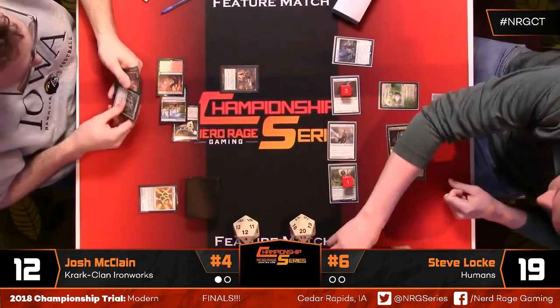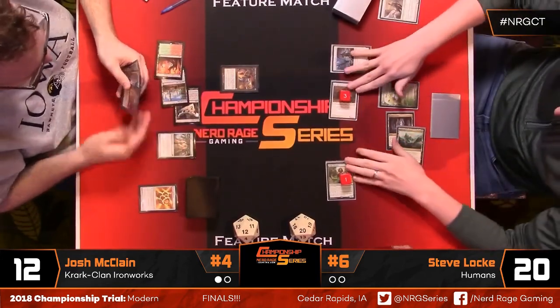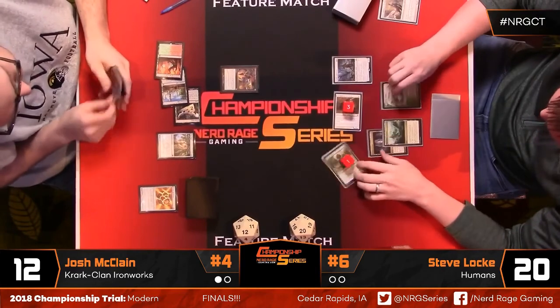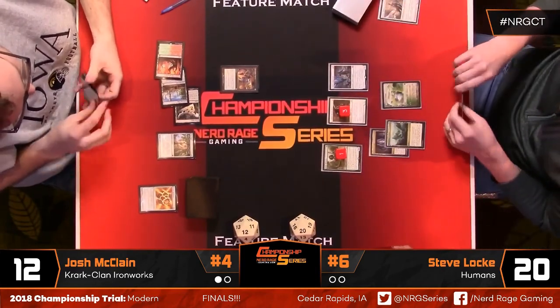Yeah, I think I like this here from Josh. The Thalia is really good, especially with the Mox Opal in hand. Yeah, and you have to get this Mox Opal down, I think, to try and accelerate. I mean, he can't use it this turn yet. He's still missing a 3rd artifact, but...